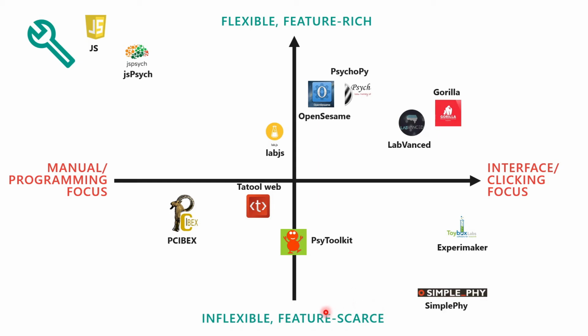So it might be that an inflexible solution is perfectly viable for your use case. But I want to point out some examples. For example, if you want to go really clicking heavy, so you don't want to program anything, but you still want a lot of features available, you could go for one of these paid services, which is Gorilla or LabVanced, for which you pay a monthly fee or something like this, and then they give you access to their platform, and you can program all experiments and download the data directly from their platform. So they combine experiment builder and online hosting solution.